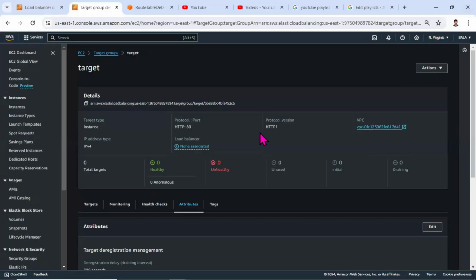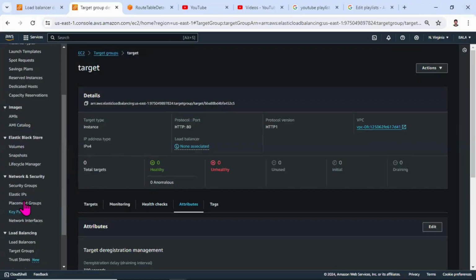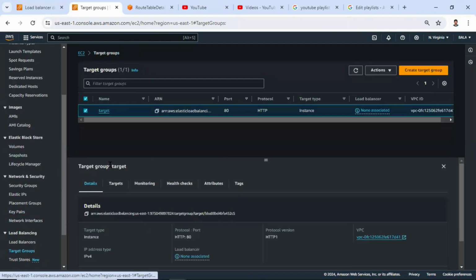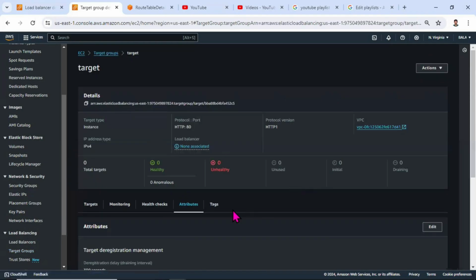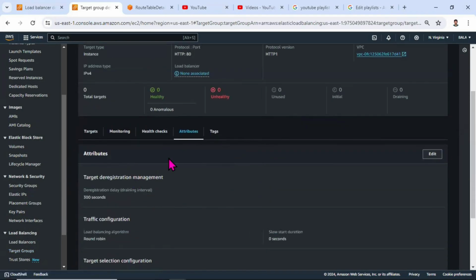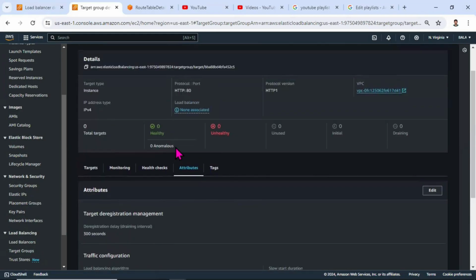So basically, I'm in the North Virginia region. I have one of the target groups running on EC2, but I don't have any instance attached to the target, since I want to let you know where we can configure the routing algorithm. If you need me to demonstrate more about the routing algorithm,